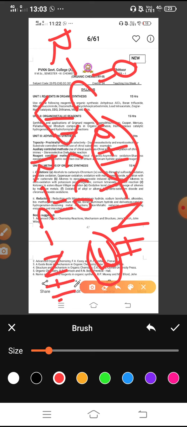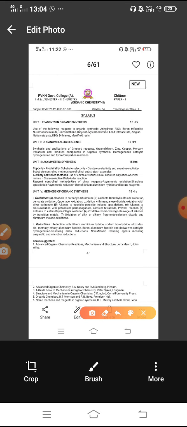This is an amide. The C double bond O NH bond is called the peptide bond. DCC is mainly used for the removal of a water molecule from carboxylic acid and ammonia. See here, carboxylic acid OH and one hydrogen of ammonia are lost as water. So the product is RC double bond O NH2, an amide. This is used for peptide coupling.